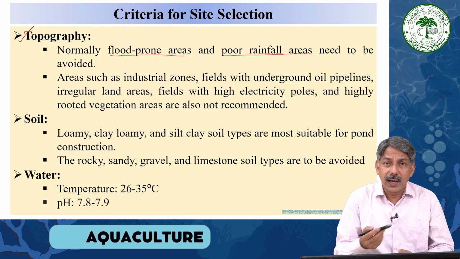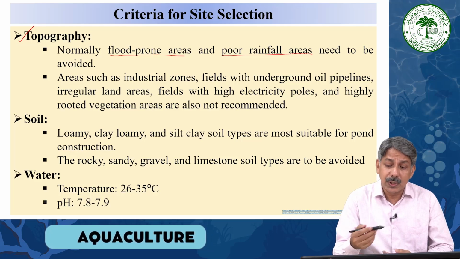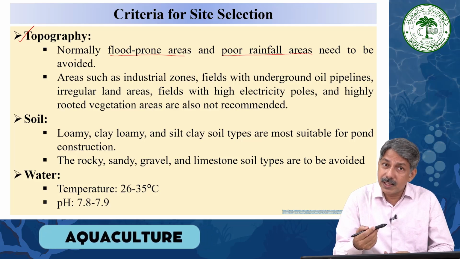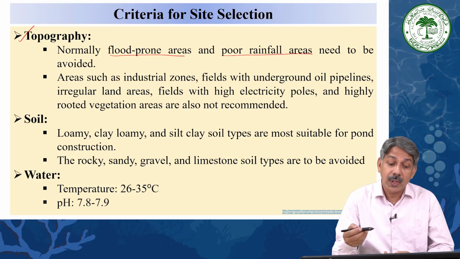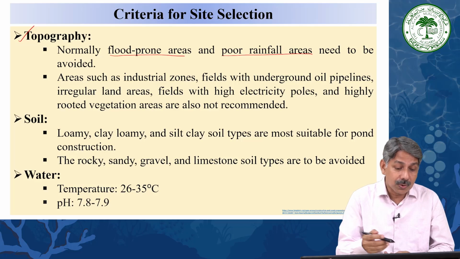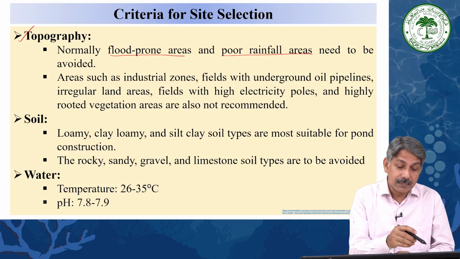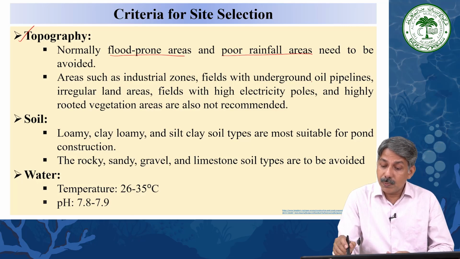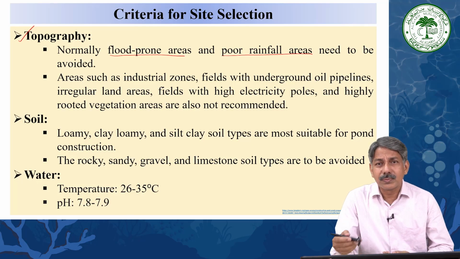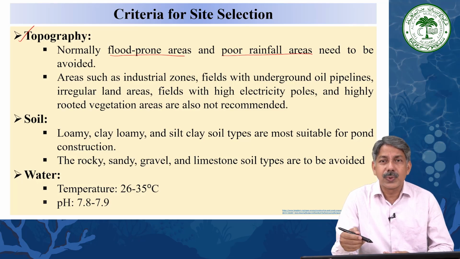You can understand why I am saying you need water. So poor rainfall areas are to be avoided. You will have to spend more money in getting water then. And flood-prone areas, because that may take fish out of your pond during the flood times. Areas such as industrial zones, fields with underground oil pipelines, irregular land areas, these are all very common conditions which